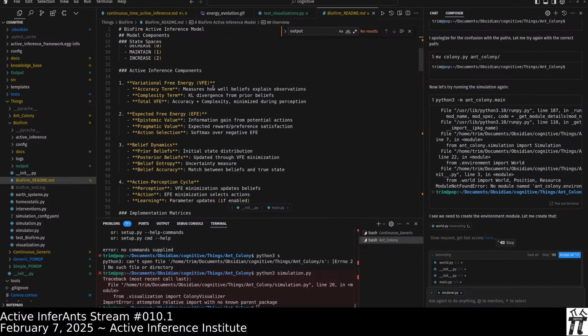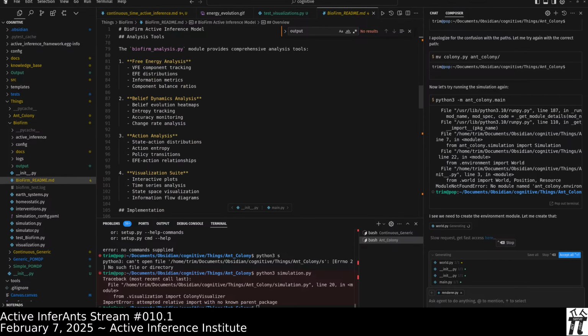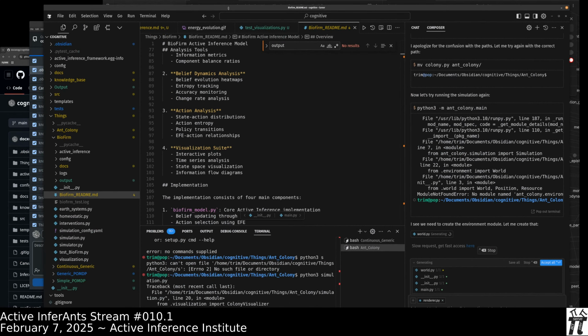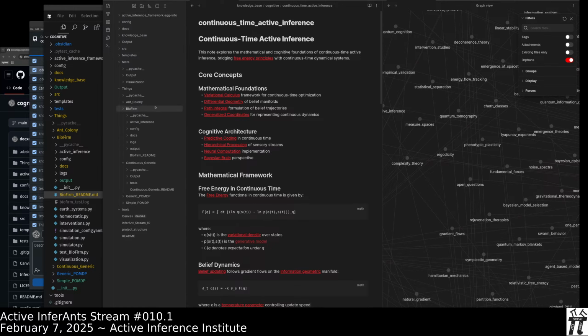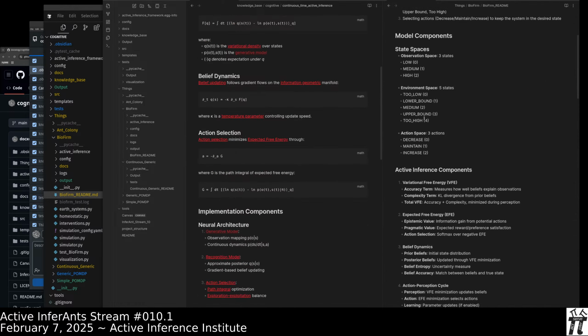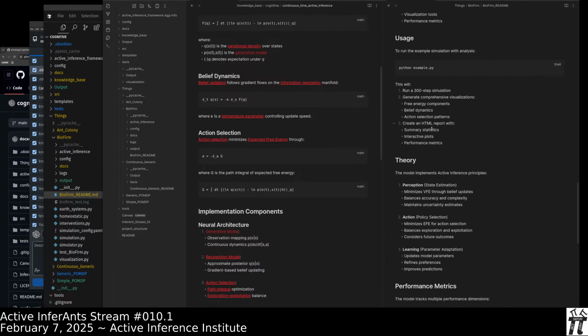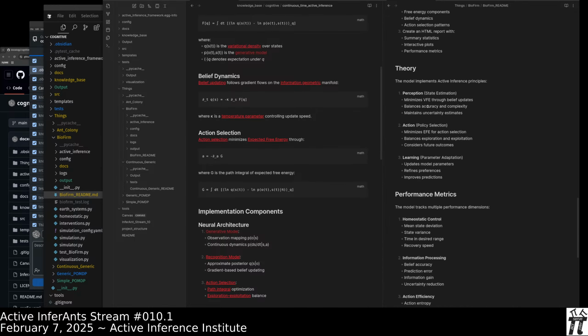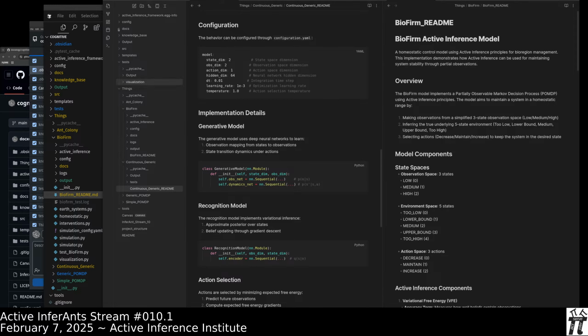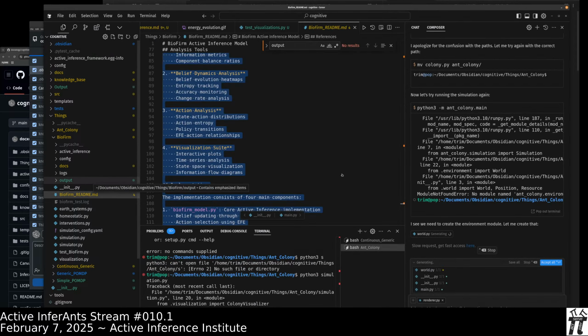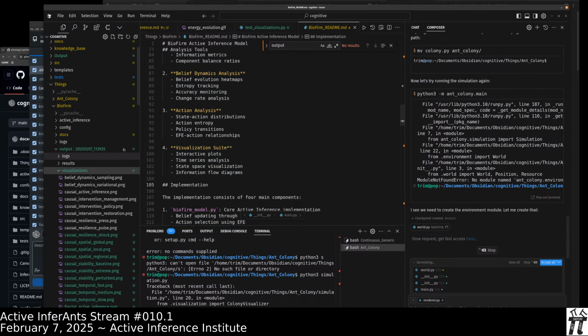So it continues to go through. Here's some of the technical elements. Let's read this README in Obsidian. So similarly, this one could be enriched with visualizations and all of that, make it a little bit less like a code README, a little bit more Obsidian formatted. And what it runs, let's look at some of the outputs from the Bioferm.